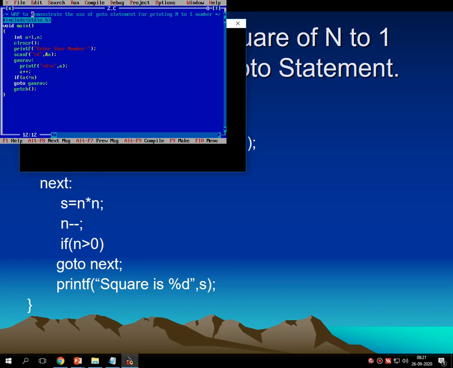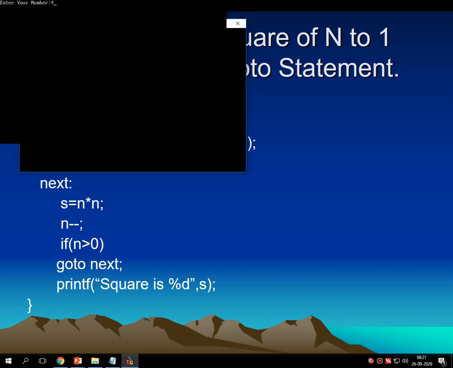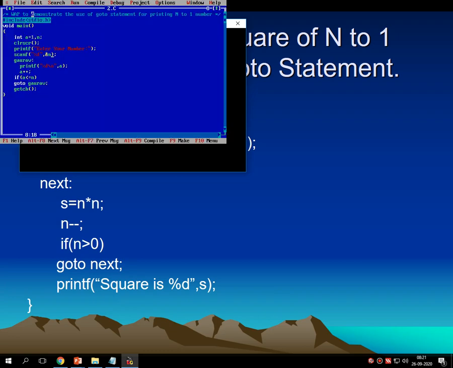Oops, what happened? Okay, here I have made a mistake. Over here there should be a variable called n. Right, so it's 1 2 3 4 5. This program we have already done in the previous lecture.